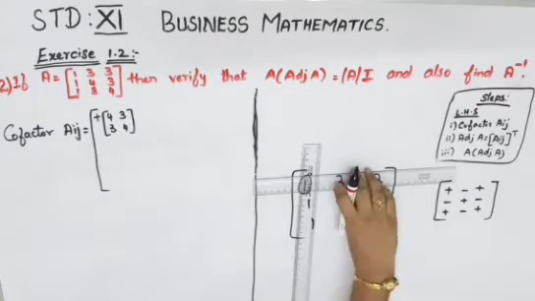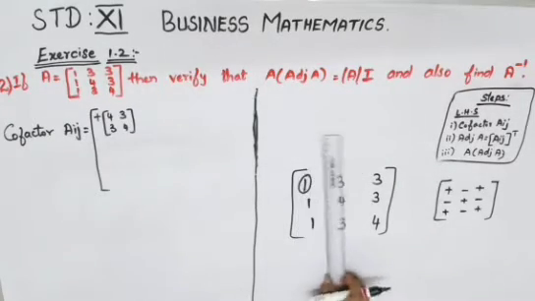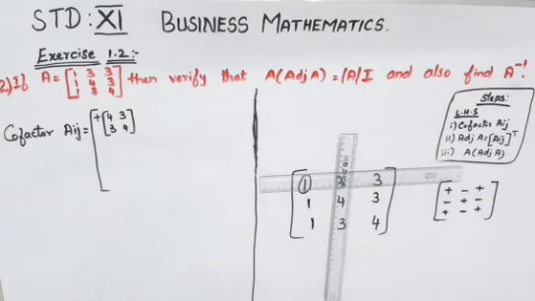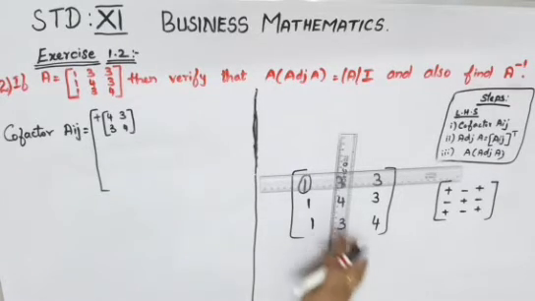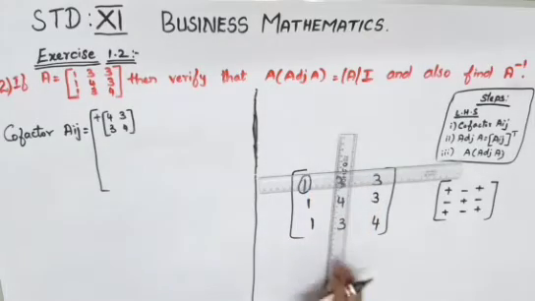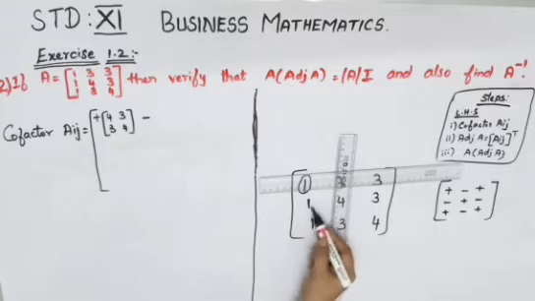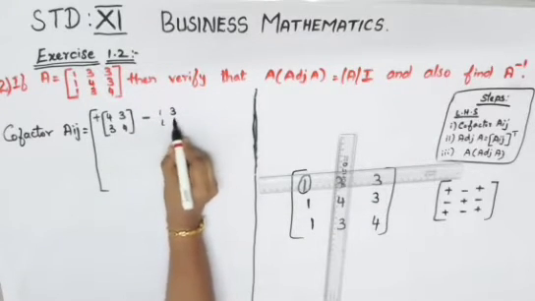Now the second one, that is the second column and the first row. You can draw lines and do it, but here I am just doing it with the scale, because each time you can't draw it and rub it off. So here the row and column I just crossed out. Here it is minus for the second one. Now the left out is 1, 3, 1, 4. So just write it here: 1, 3, 1, 4.